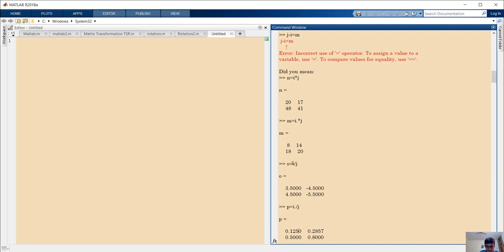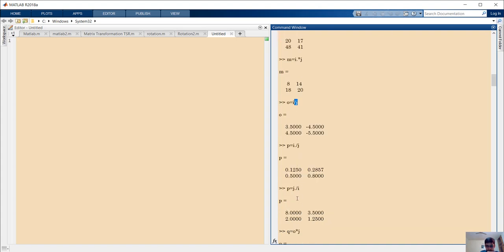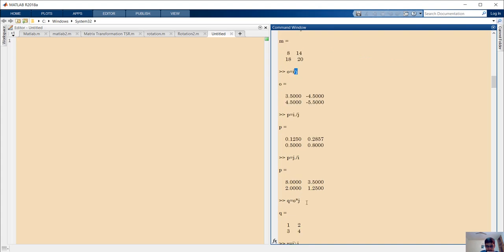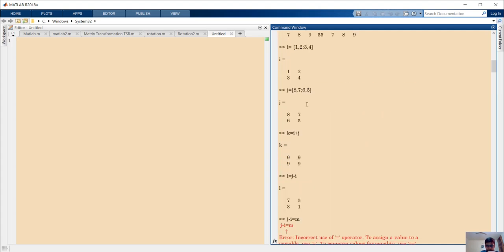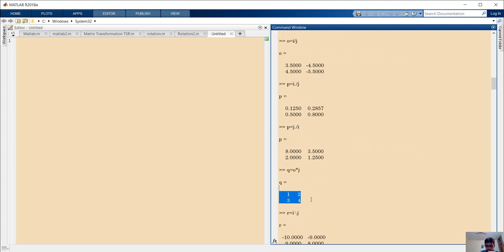Now if I take a variable O, which is I by J simply, then I've already told you that if I multiply J with O, I will get I. Now I've taken Q, a variable, and what I've done is multiply O by J, which I was talking about here, and you can see we are getting 1 2 3 4, which is I. If you want to get I, we just multiply J with O, then we get I, and this Q is equal to I. As you can see, I have taken I 1 2 3 4, and Q is also equal to I.